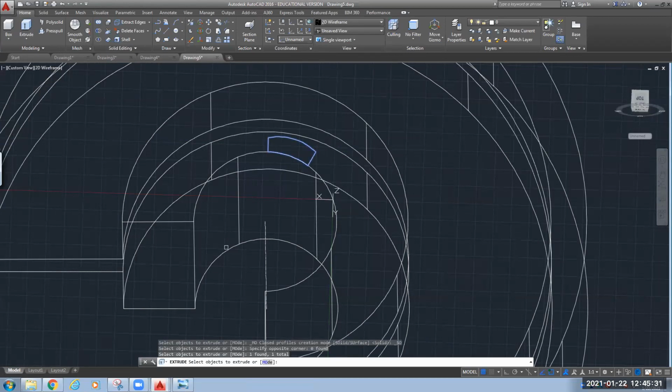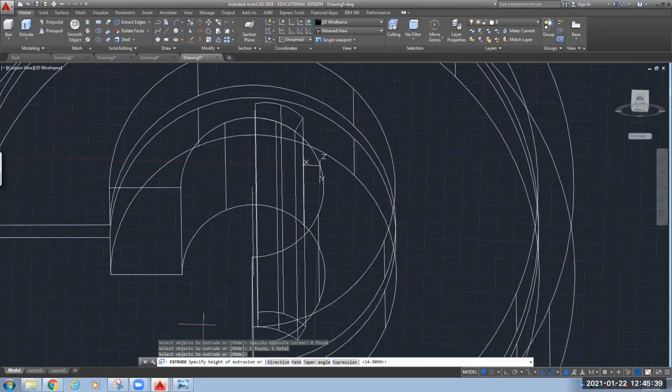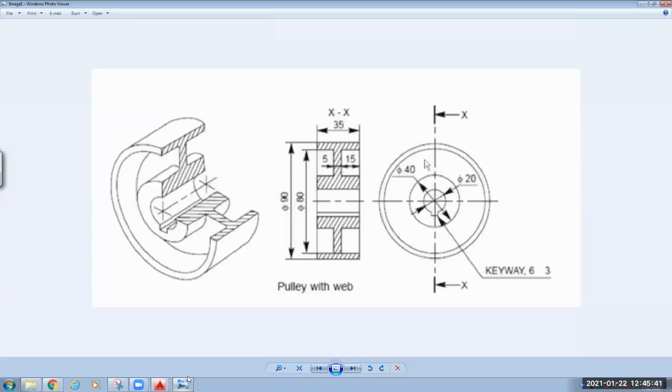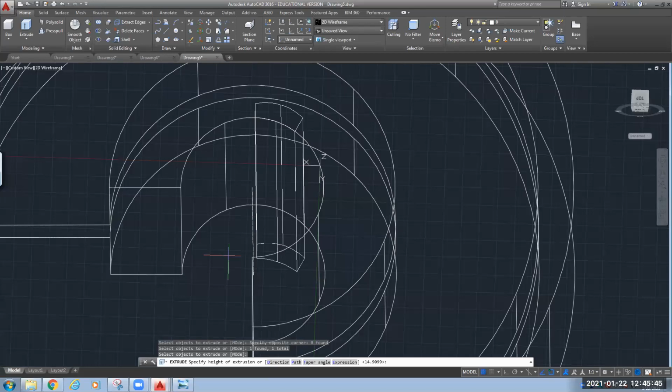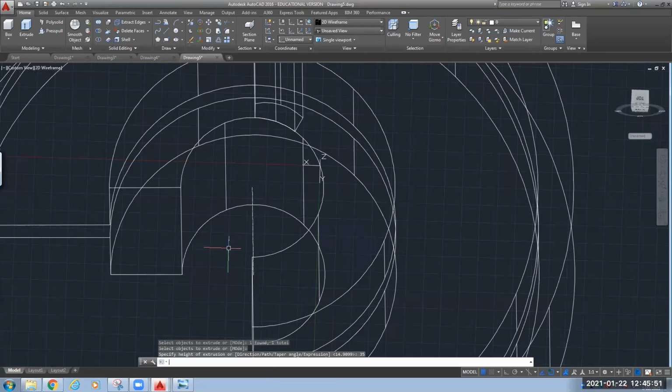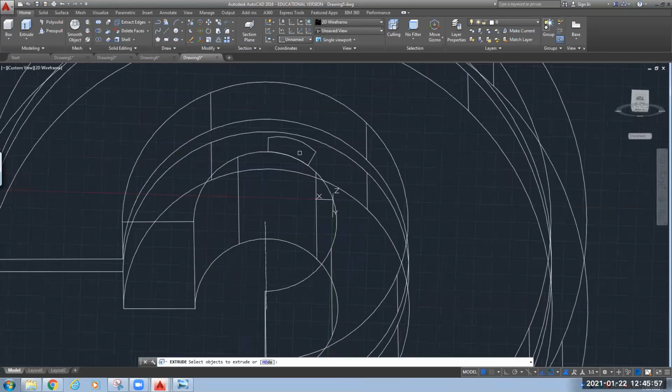The surface has been selected, press enter, and up to the next portion, what was the dimension? Let me check. The dimension was 35. So we will keep it as 35. It went on to the opposite side, so we need to mention it in the negative direction.